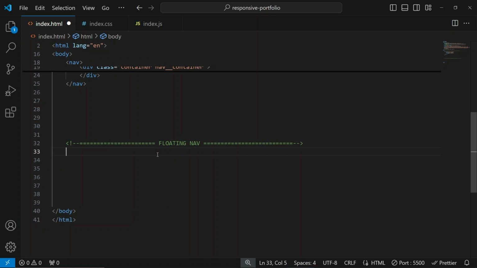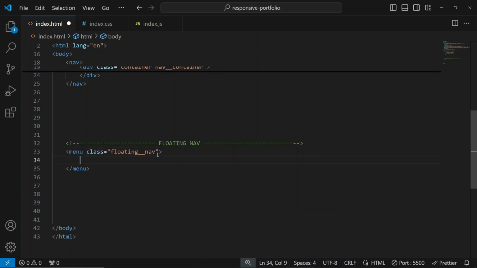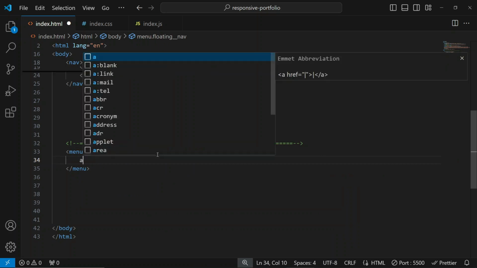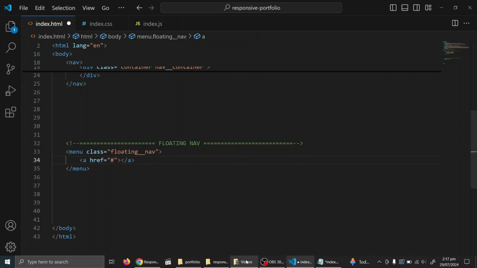All right, so here, let me put this inside the menu tag. Let me give this a floating nav class, and I'm going to have an anchor tag here, which is going to bring us to the top of the page, and inside that I'm going to have